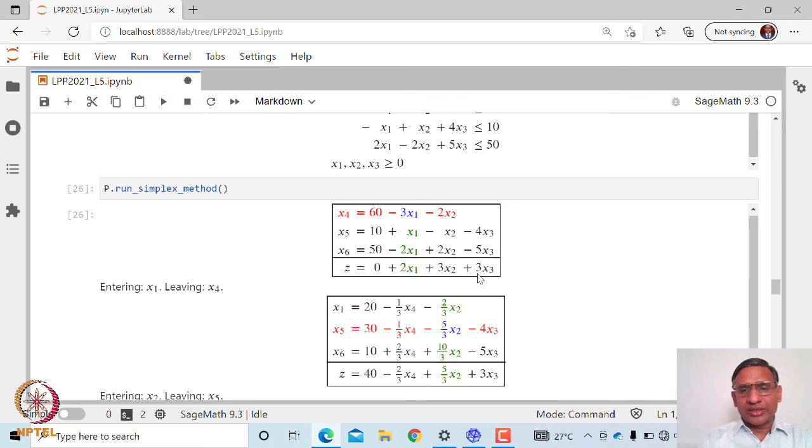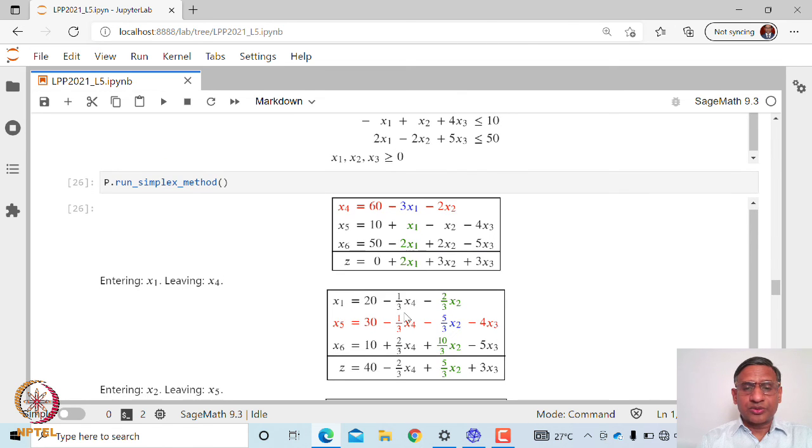And then you look at whether all these coefficients are negative. In case all of them are non-positive, then you have reached the optimal. Here in this case, you take the largest of these coefficients, which is 2. So the column corresponding to 2, which is x1, becomes the incoming column. Then take the ratio with the positive entries, and in this case x4 will be outgoing. Then you need to update this again.